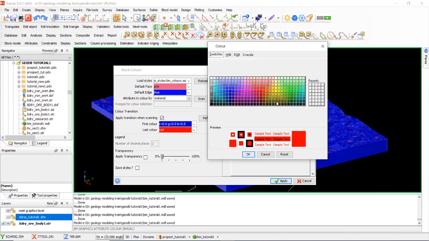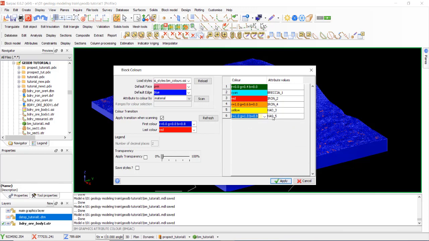Okay, light yellow for another KO. Okay, apply.